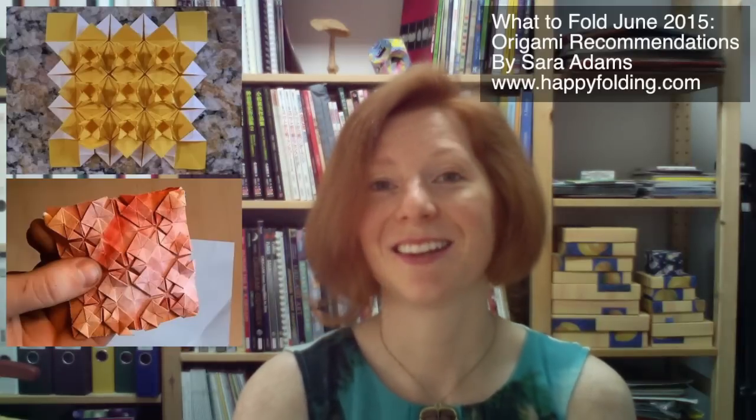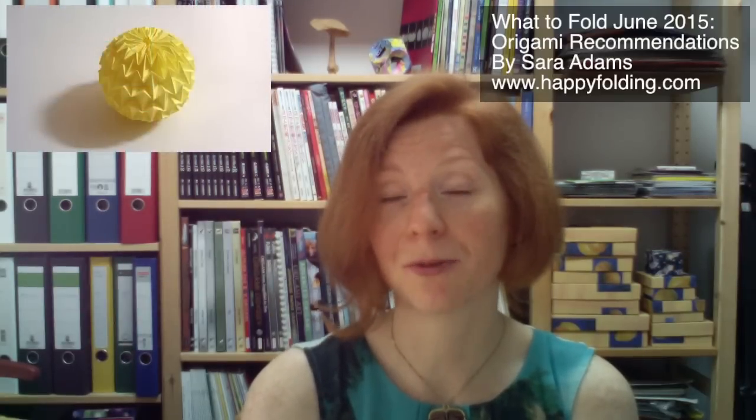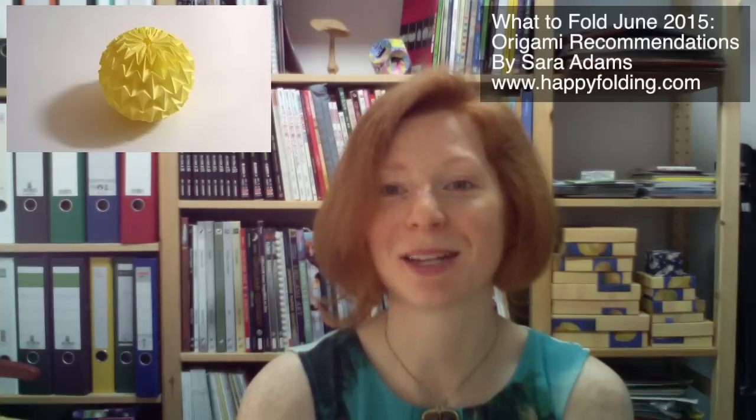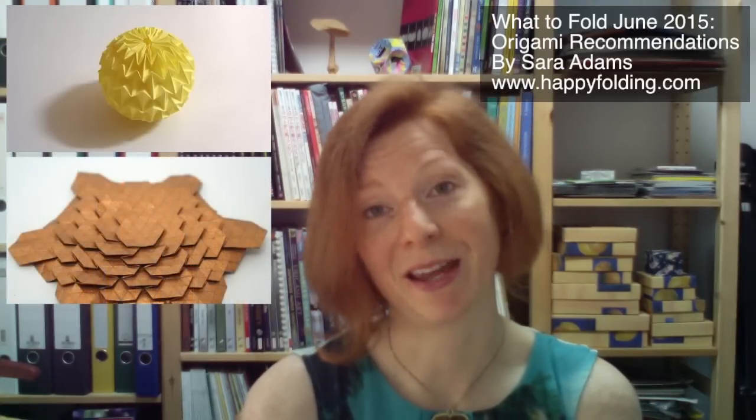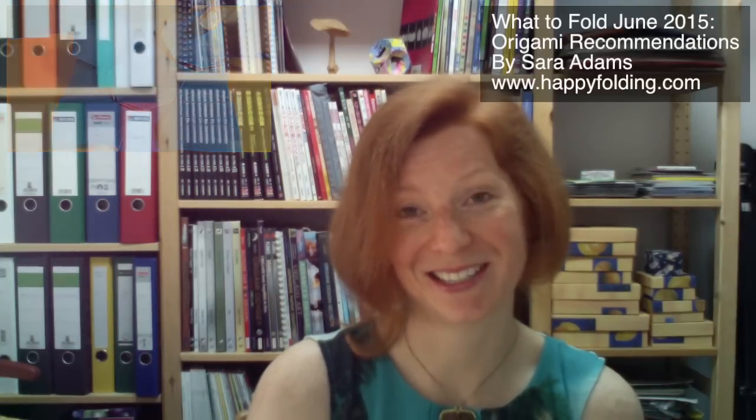And finally, there's of course also people that demonstrate other people's designs just like me. So for example, Joe Nakashima presented the Dragon's Egg by Shumakov, it's also known as the Magic Ball, and he also presented the Spread Hexagons designed by Erik Gjerde. And in the same book, Origami Tessellations, there is the Bird-Based Tessellation by Christian Beton, and this was presented by Origami Specialist. So those are 10 tessellations you might want to try out,